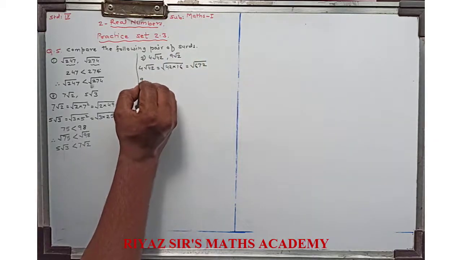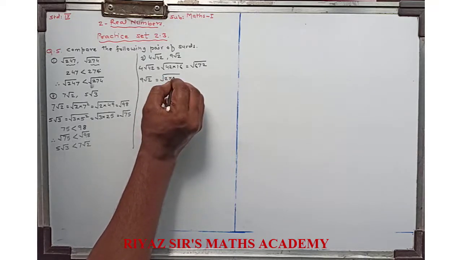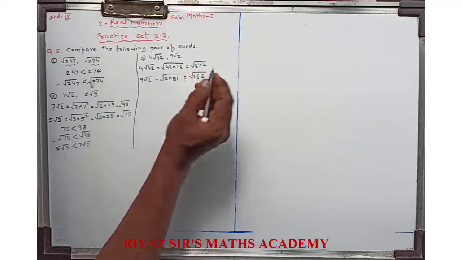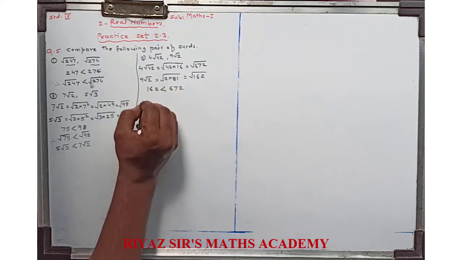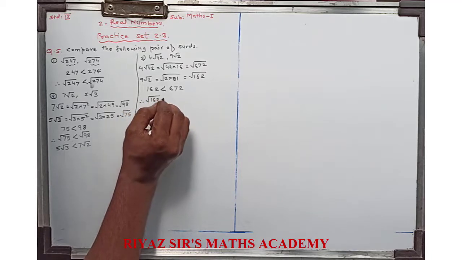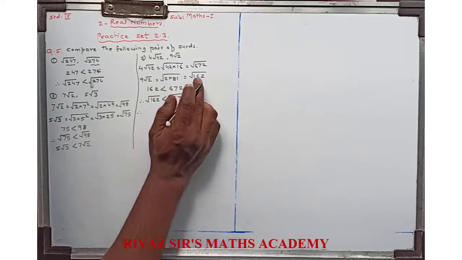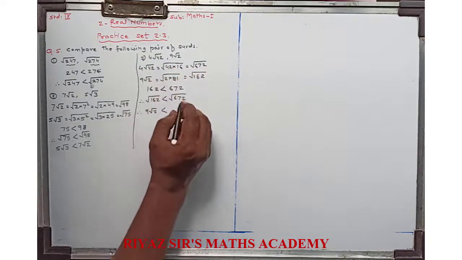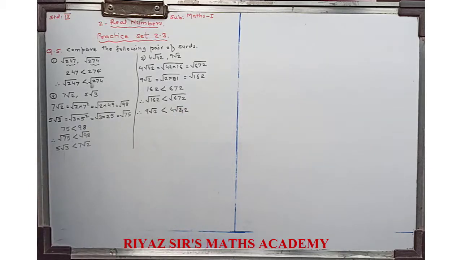672. And now the second number is 9 root 2, that is equal to square root of 2 into 9 square, that is 81, which is equal to square root of 2 ones are 2, 2 8s are 16, so 162. Now just compare their radicands. So you will get 162 is less than 672, and therefore square root of 162 is less than square root of 672, and this root of 162 comes from 9 root 2. So this 9 root 2 is less than root of 672, that comes from 4 root 42. Okay, so that is the comparison of 9 root 2 and 4 root 42.